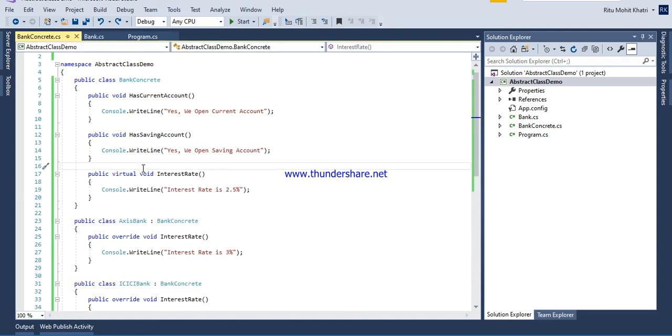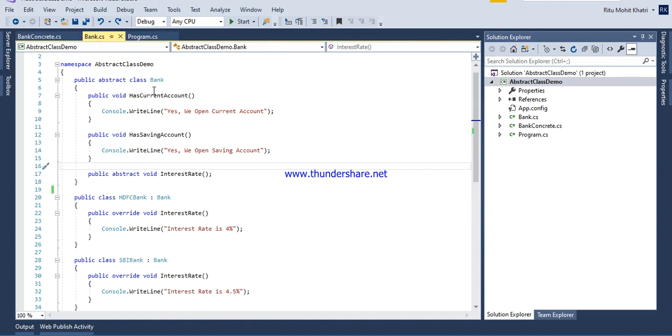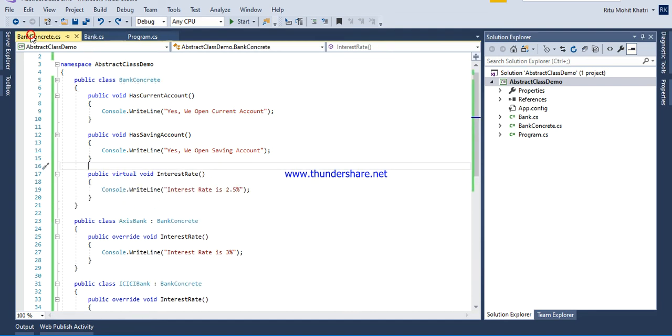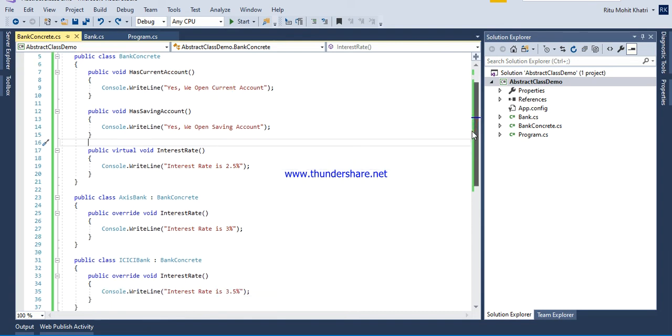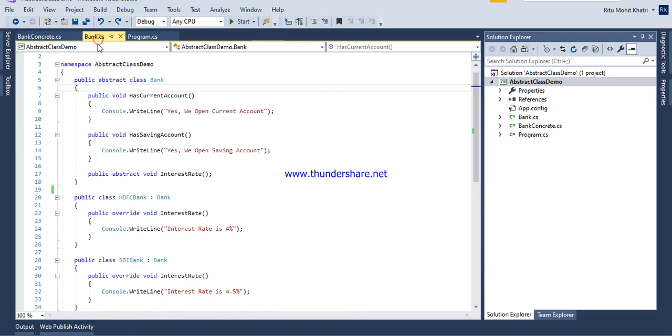You might be thinking that I can go with the concrete class as well as the bank class. As per this example, I can choose any of them because both are fulfilling my need. I am able to fulfill my need with the concrete class as well as with the abstract class.